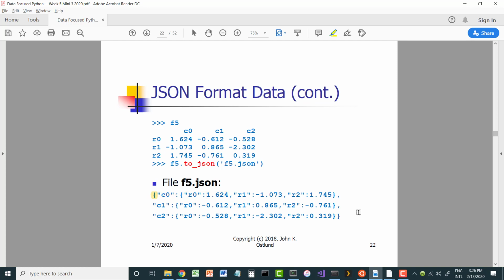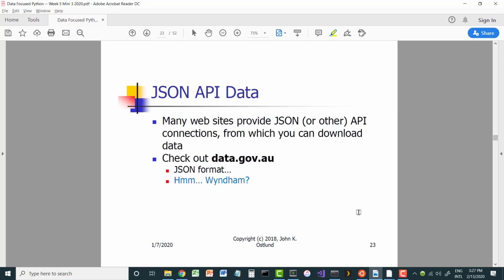Okay, so you may have found, as you cruise around looking for data sources for your project, often websites will provide a JSON API that allows you to download data sets that are in JSON format. And you can then parse those pretty easily. I'm going to show you a silly example that I found. Way back when I first developed this course, I was teaching it for the folks in Adelaide, Australia, and I thought, well, I should try to use some of their data, and I discovered, to my delight, that